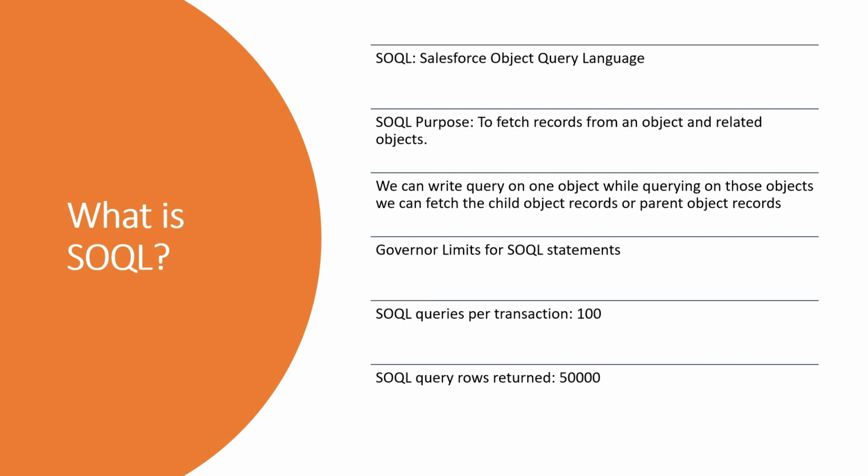So what is SOQL? SOQL stands for Salesforce Object Query Language. The purpose of SOQL is to fetch records from an object and related objects. Basically we can write a query on one object, and while querying on those objects, we can fetch the child object records or parent object records. Apex imposes governor limits on SOQL and SOSL. So there are 100 statements allowed in one transaction, and an SOQL can return 50,000 records in